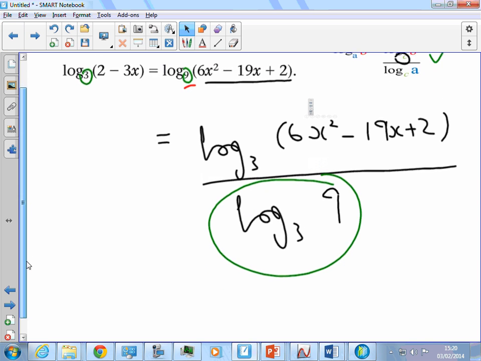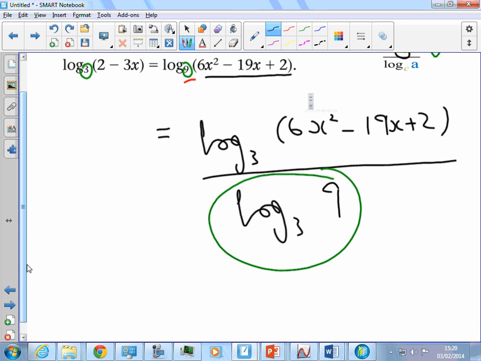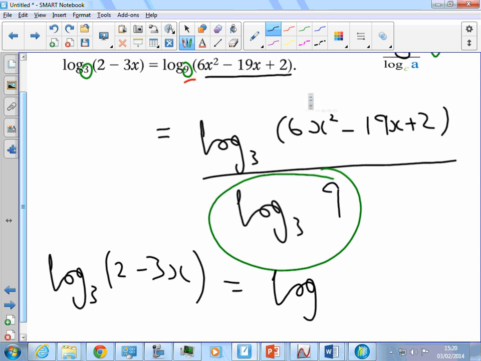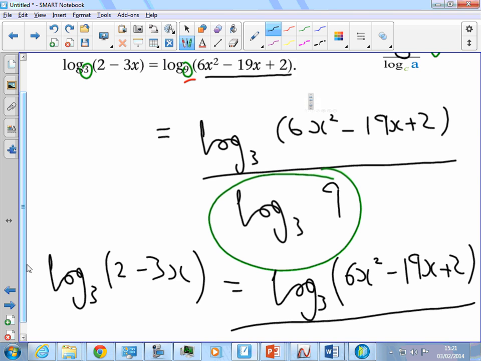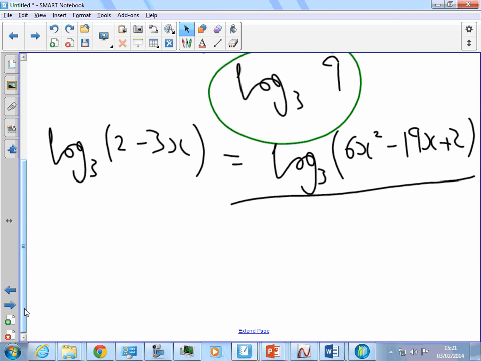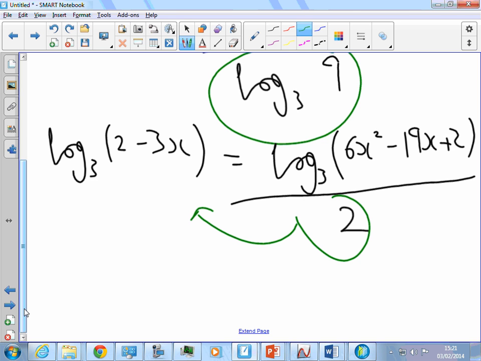So let me just, I won't be lazy, I'll write it out again. So log with base 3 of 2 minus 3x has to equal log with base 3 of 6x squared minus 19x plus 2 all over, and I've explained that this number is simply the number 2. Next thing I do is to get rid of the fraction on the right hand side. So I can multiply both sides by 2. And I'm left with 2